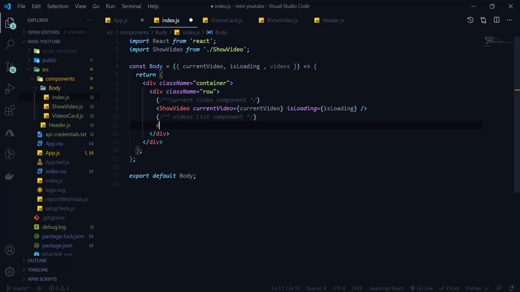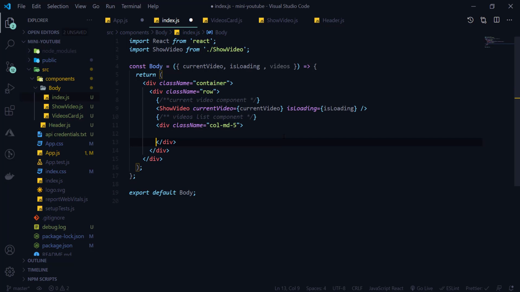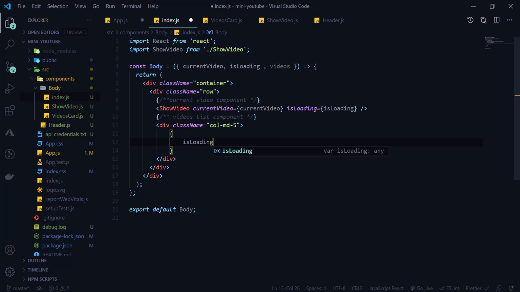For here, first of all there will be one division, that will be our col md. So col md5 will be there, as in the above there is col md7. Here first of all we check if isLoading is there, and here we have to add style also. So I am writing style, margin top will be